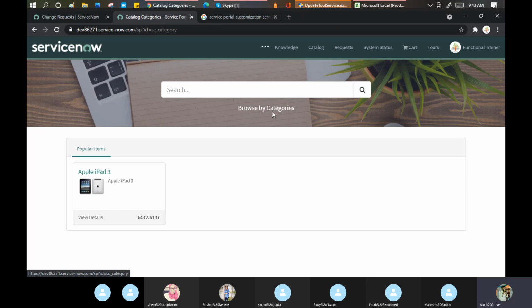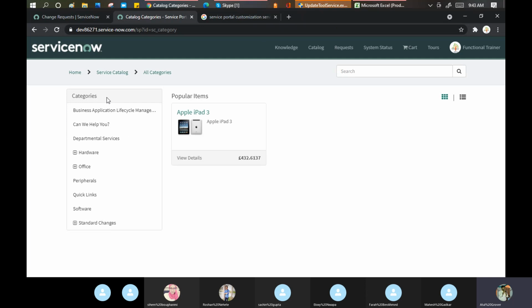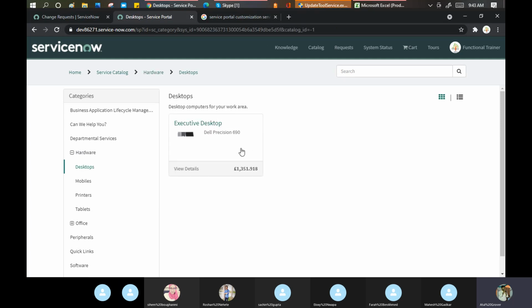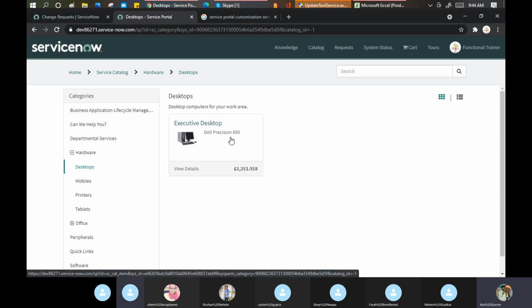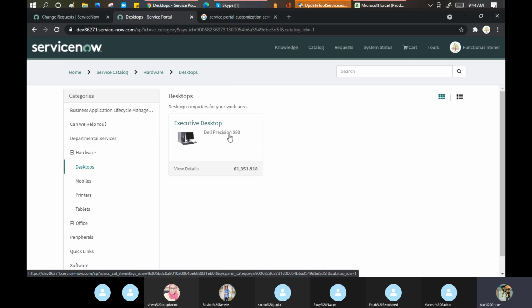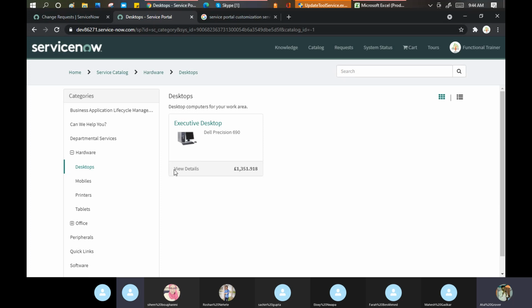It's like you are clicking on the computer, and now you get the different categories here. Under the category, I go for the hardware. Under the hardware, I go for the desktop. And this is my catalog item. As of now, just understand that this is the way ServiceNow designed it. How I get this done and how the item comes this way, we will discuss in complete detail.